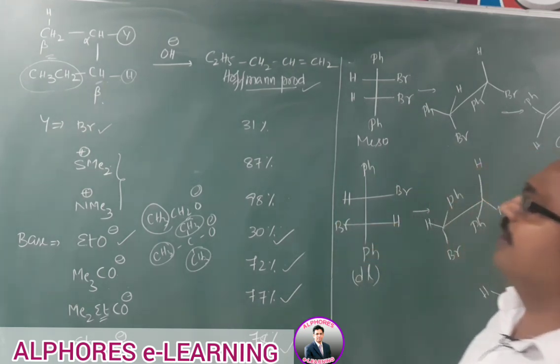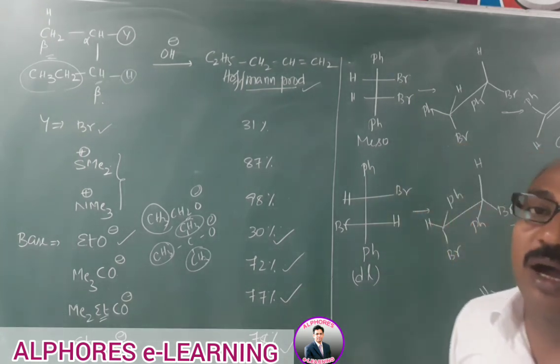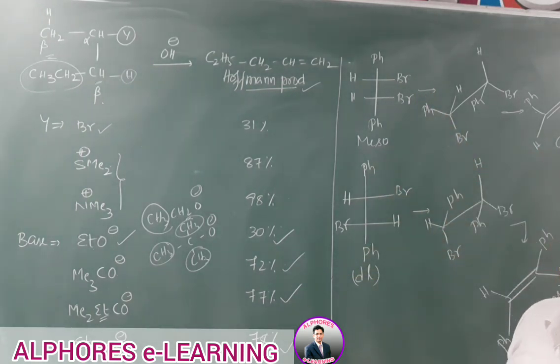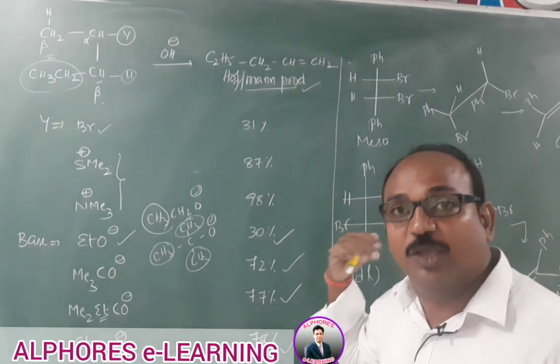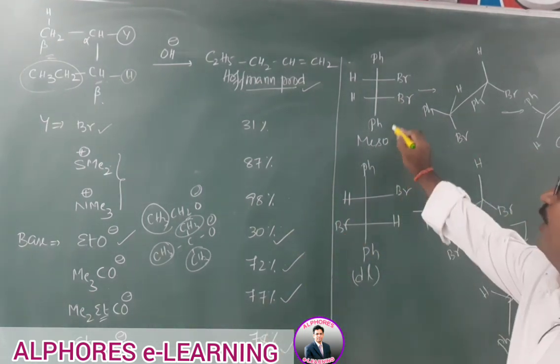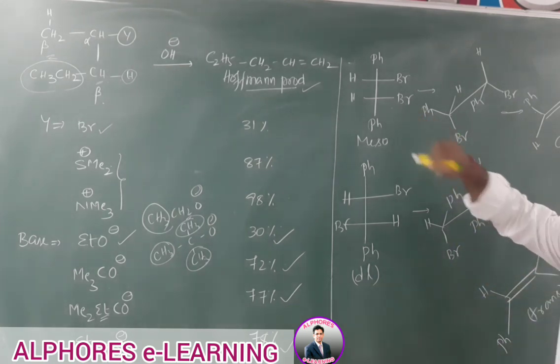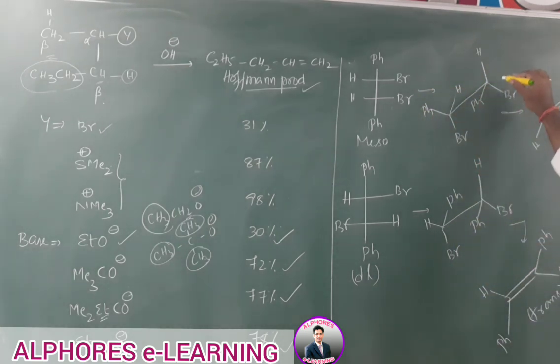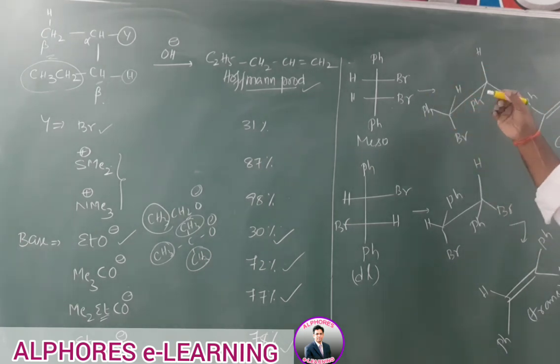Now let us consider the same Hofmann elimination or Saytzeff elimination, which happens in which case in this given example, in E2 elimination. As we learned, E2 elimination is nothing but what we call anti-coplanar elimination or anti-periplanar elimination. For that I am going to consider a meso compound here. This meso compound upon E2 elimination gives the cis product. So this one is a Fischer projection. I want to convert the Fischer projection into a Sawhorse projection. How to convert, we learned in our earlier syllabus. That's why the meso compound is converted like this.